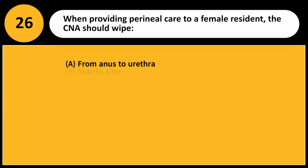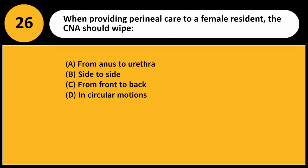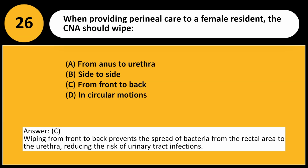When providing perineal care to a female resident, the CNA should wipe: A. From anus to urethra. B. Side to side. C. From front to back. D. In circular motions. Answer: C. Wiping from front to back prevents the spread of bacteria from the rectal area to the urethra, reducing the risk